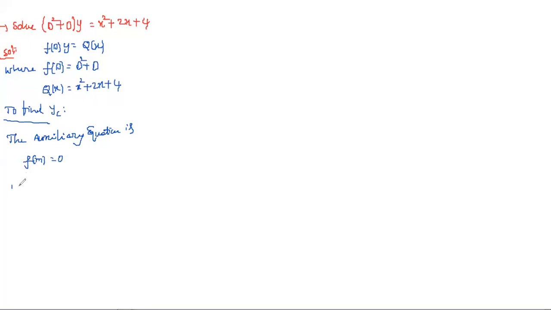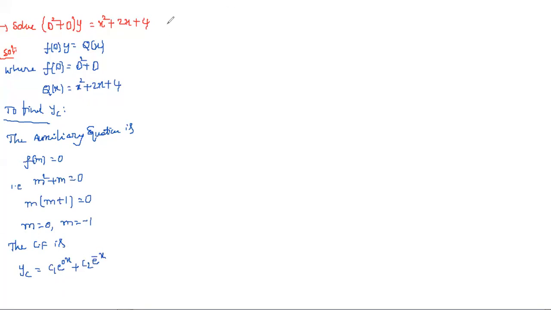That is nothing but simply you can substitute in place of d as m. Then m square plus m is equal to 0. So simply we take m as common. Then what we'll get? m into m plus 1 equal to 0. So we got the roots here. m is equal to 0 and m is equal to minus 1. So the roots are real and distinct. So the complementary function or general solution is yc is equal c1 e power 0x plus c2 e power minus x. This is complementary function.